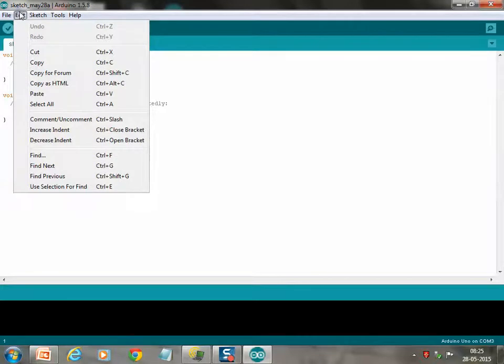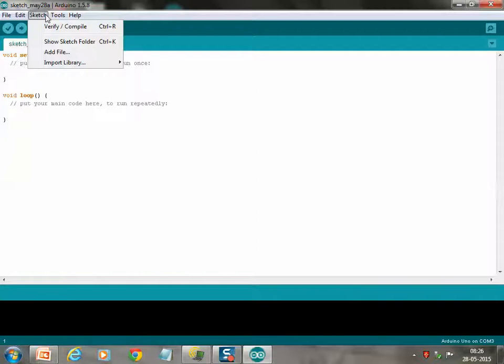The next menu is about edit, to facilitate your coding operations like copying, moving the code and pasting to another place, and find and replace. Meaning sometimes you may want to assign a variable some name, then you want to change it to another name. So those types of edit operations can be controlled from this menu.